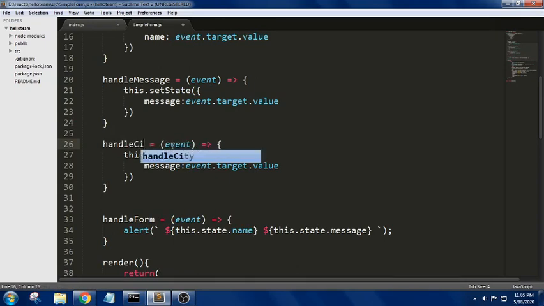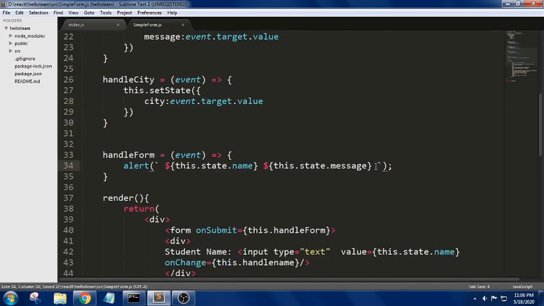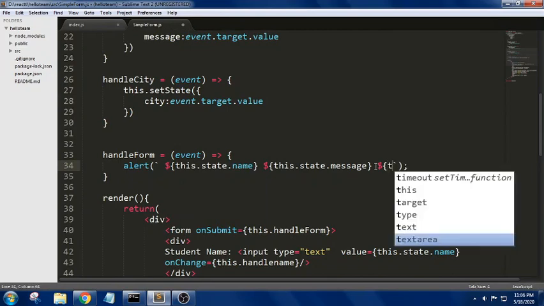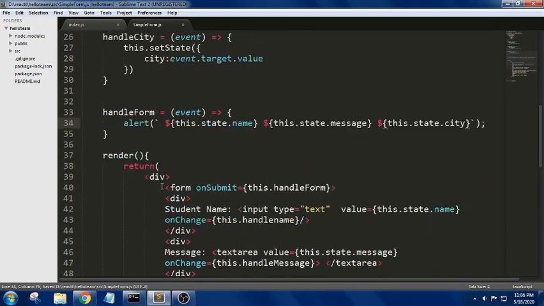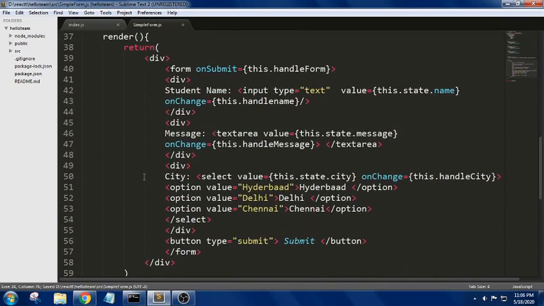Handle city, passed by event. This is city here. So let me add, in the previous example we didn't use this dollar symbol. State dot city and close this.